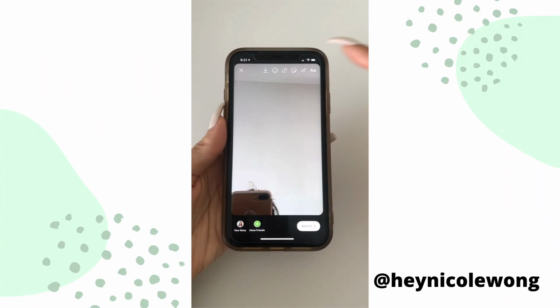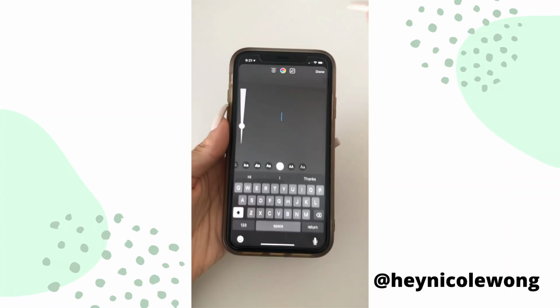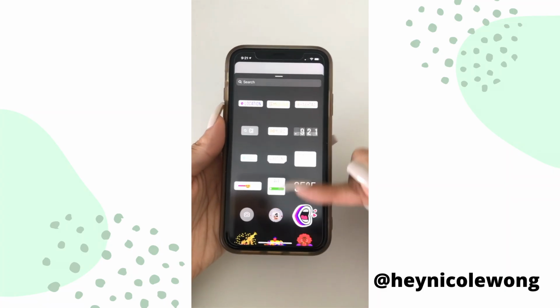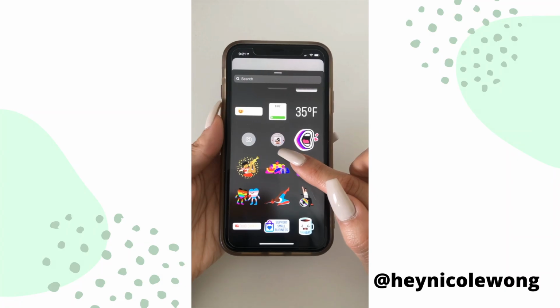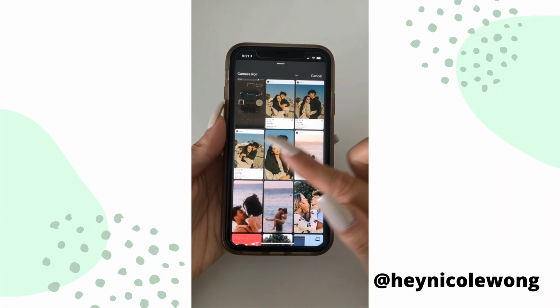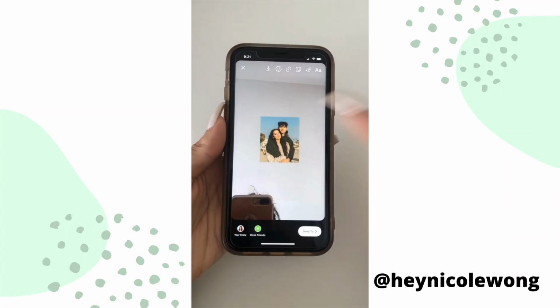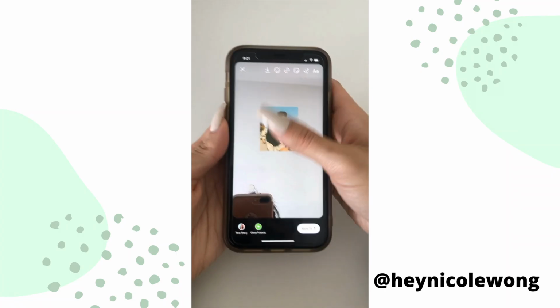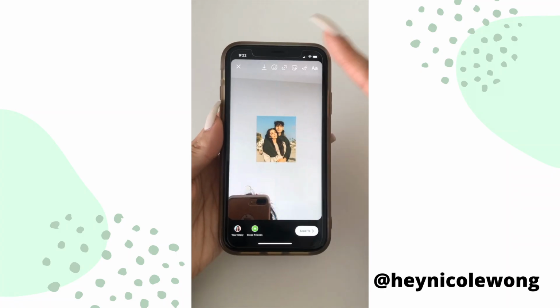You want to start by taking a random photo, then click the media button, and then click on this icon to add your photo from your camera roll. Once you select your photo, click on it and then tap the photo again so that it becomes a square. Or if you like the rounded edges, you can just keep it that way, and then I just place it